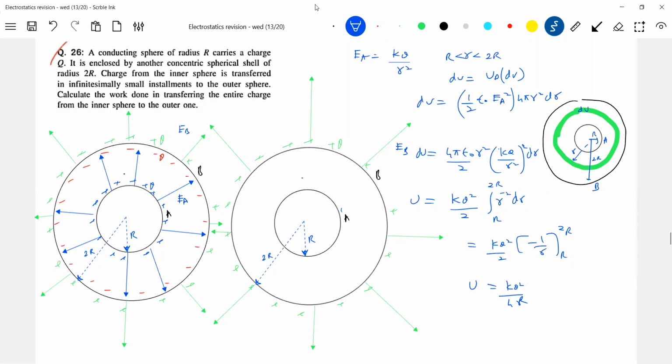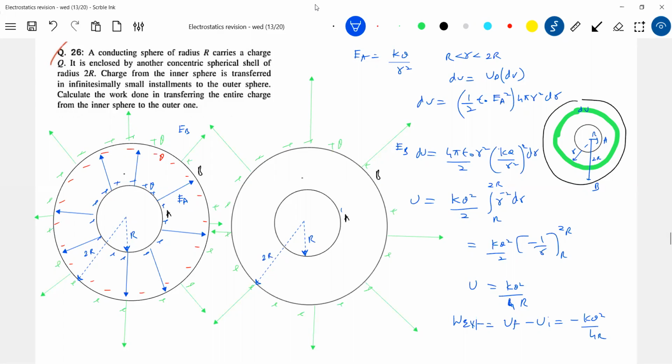I'm writing this energy. So tell me, what will happen to this energy? Will it increase or decrease? Decrease, no? So therefore the work done by the external agent should be positive or negative? Should be negative. Final energy minus initial energy. What is the final energy? There'll be energy outside, plus this energy minus the initial energy. Final energy is only the energy outside. So if I substitute here, I'll end up with this.